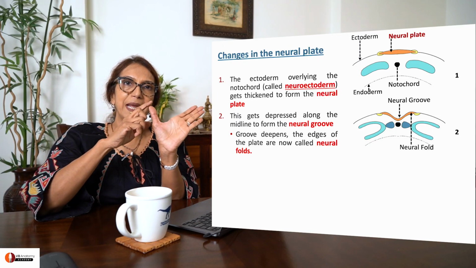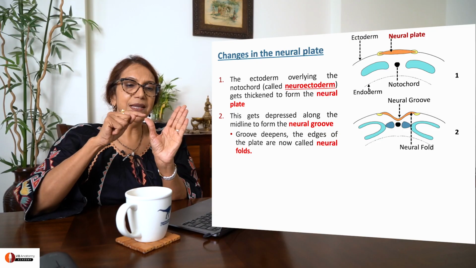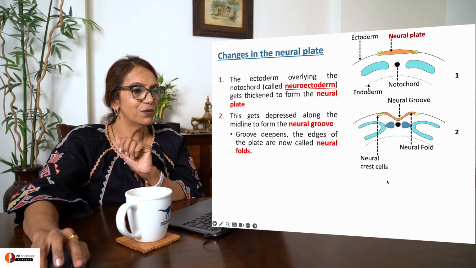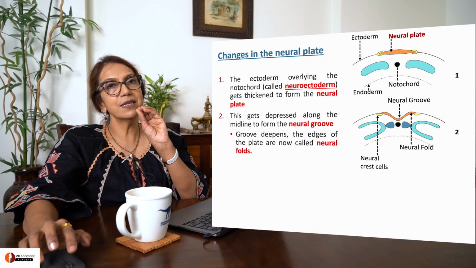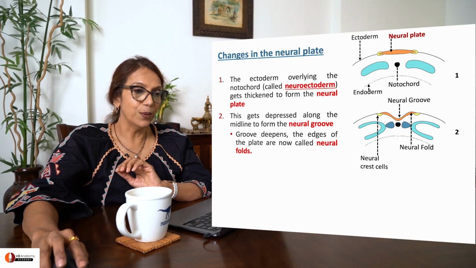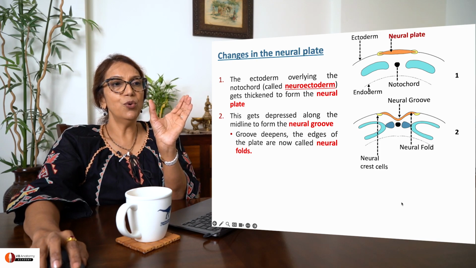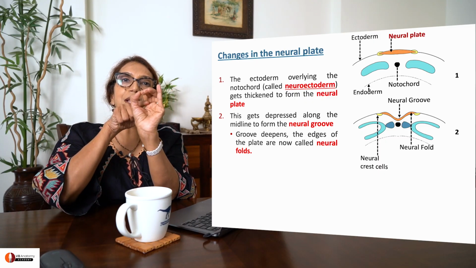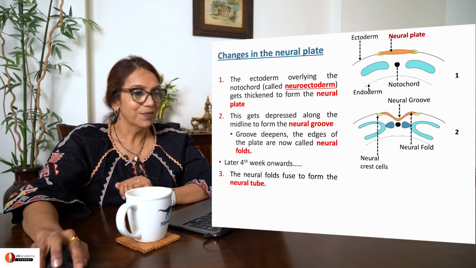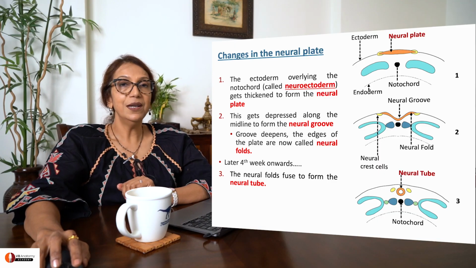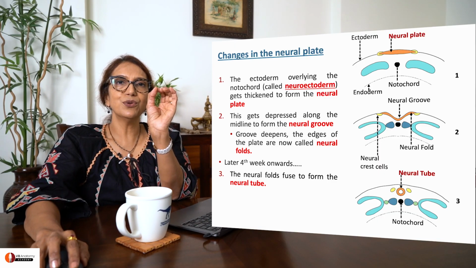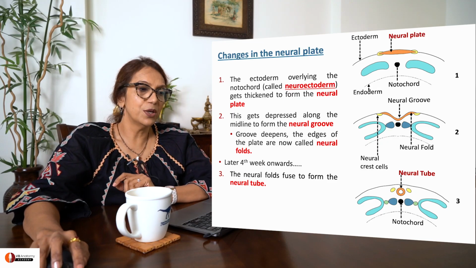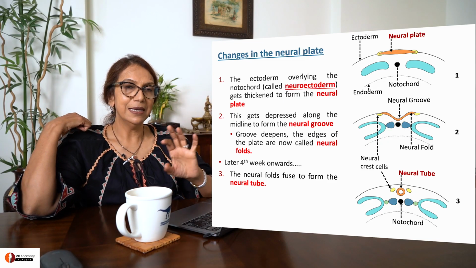So you had a neural plate which formed a neural groove, and the two edges of the groove were called neural folds. If you note, at the edge of these neural folds, there are these few cells which are called as the neural crest cells. Okay. Now what happens? The neural folds begin to get attracted towards each other till they fuse and they form a neural tube. Take a look. This is your neural tube. The two neural folds have fused together, converting the plate into a tube. This is called as the neural tube. You can see the neural crest cells on the side.